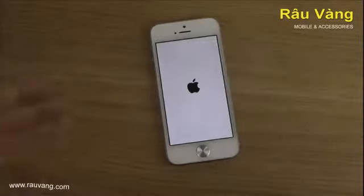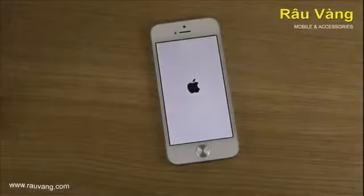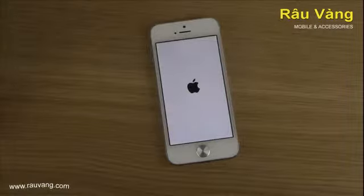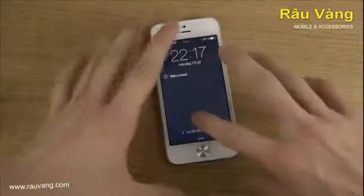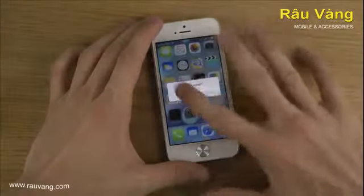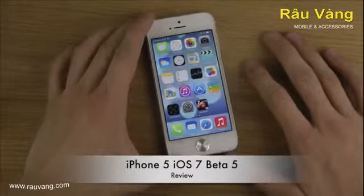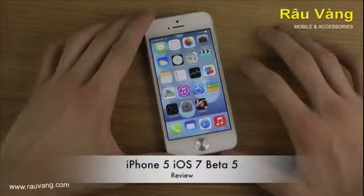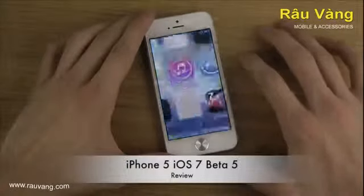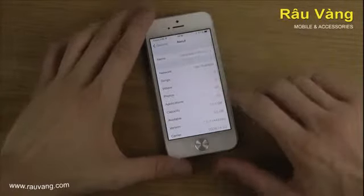And I actually have booted up once before, so it shouldn't be the first time it's booting up. Okay, there we go. So it's now booted up, so let's go over the new changes. The first thing I want to show is the build number of this update, so you can really see that it is the latest beta available at the moment. So I'm going to go into the settings area, then go down to General, and go to About. You can see it's the